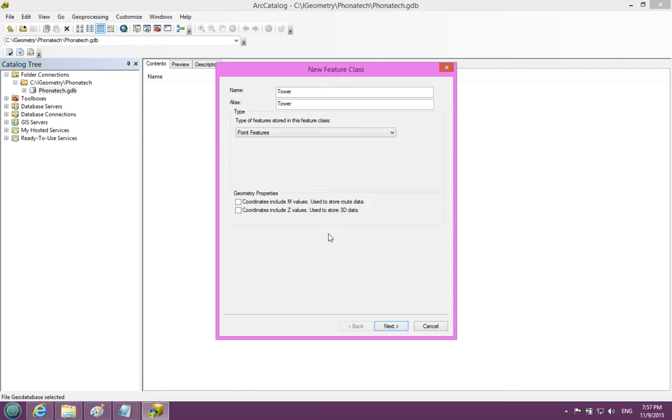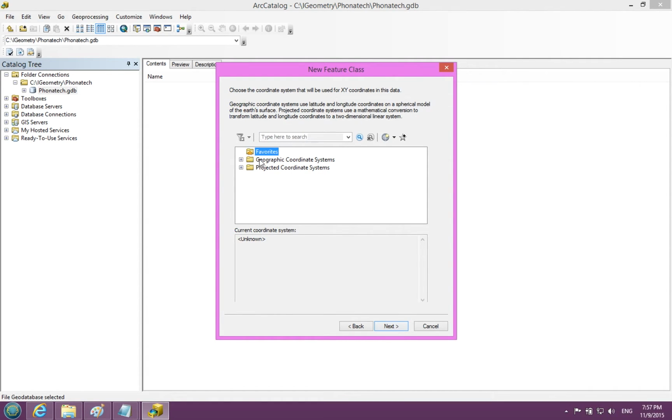For example, if you have a tower on top of a mountain, that's a Z value. With respect to sea level, it has a Z value. Let's put that. I don't know. Let's make things interesting. All right. So what is the? Oh, I always forget this. We're going to use a projected